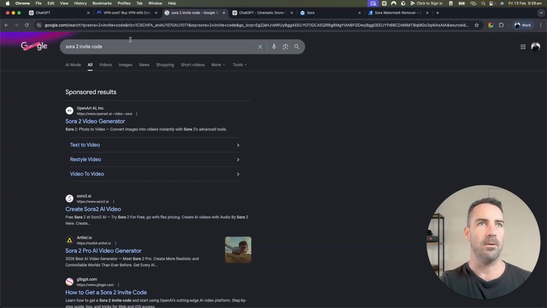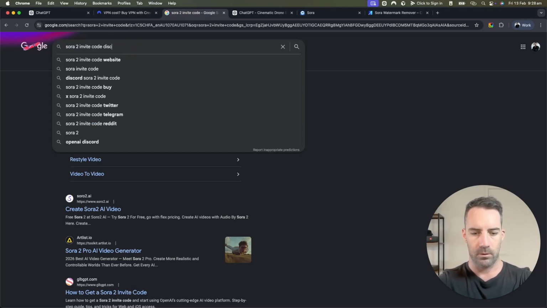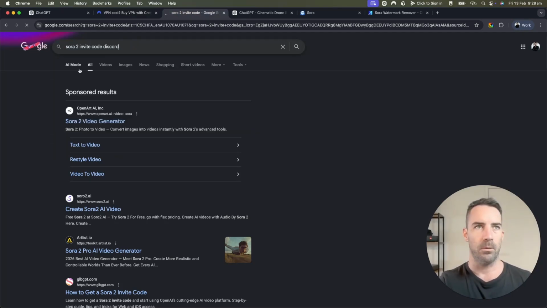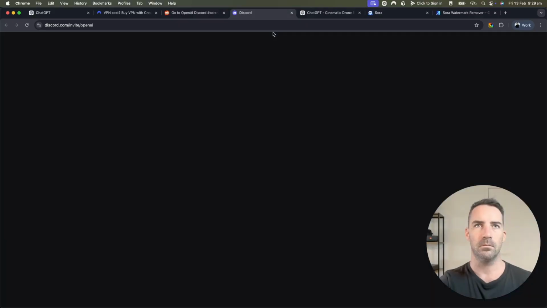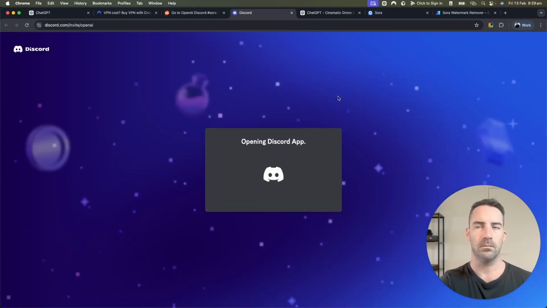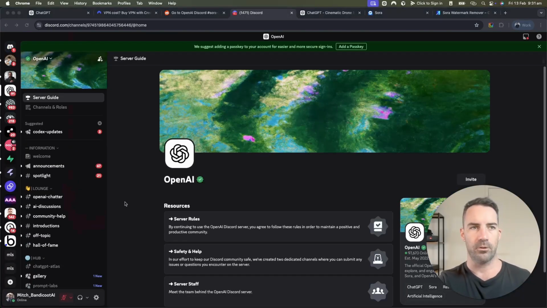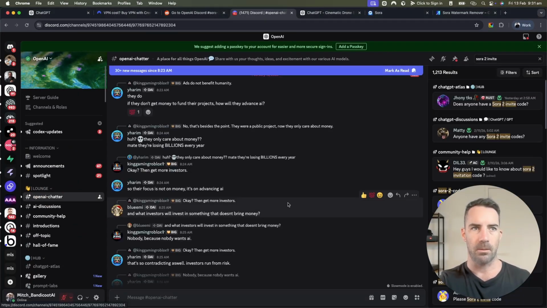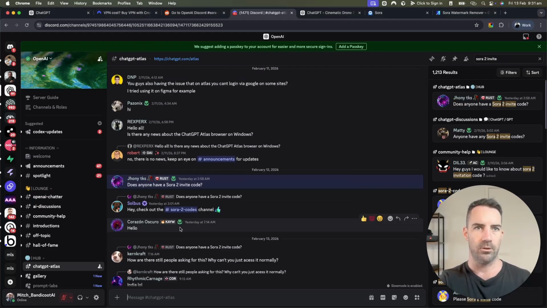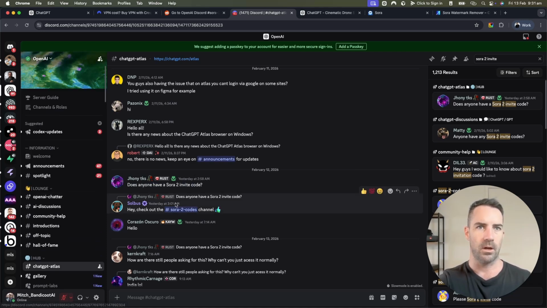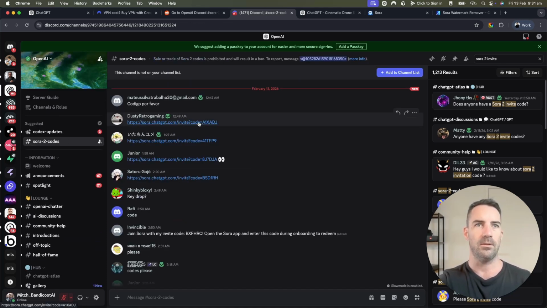But once you've done that, we'll come over here and we'll go invite code. Let's go Discord. I know you can get a few off Reddit, but Discord also has a few as well. Now, if you're struggling to find one of these invite codes, I'll just come over to Chatter, type in Sora 2 invite, click on one of these, and then you should find something here. So right now it's got Sora 2 codes channel, which I can't see in the side there, but if I click on this, you can see it appears, and then there'll be a bunch of codes. So you click on one of them,